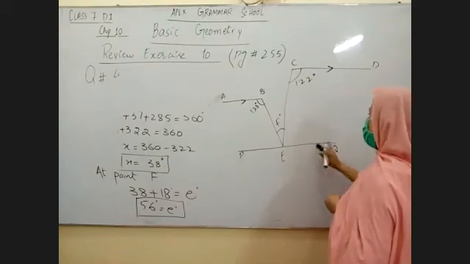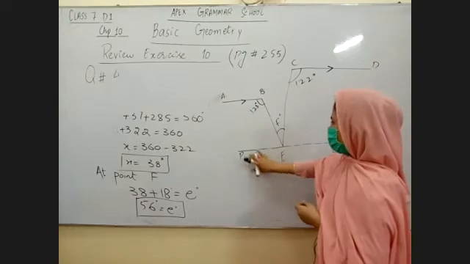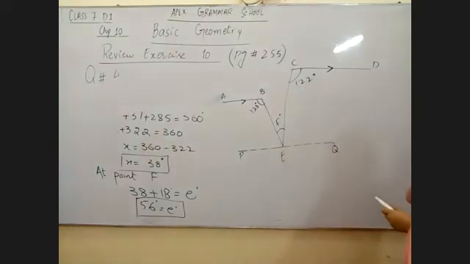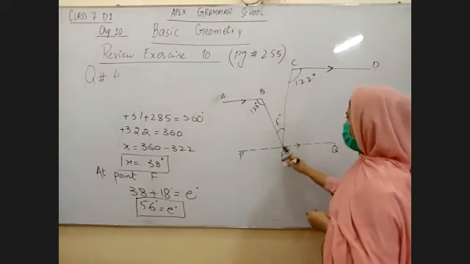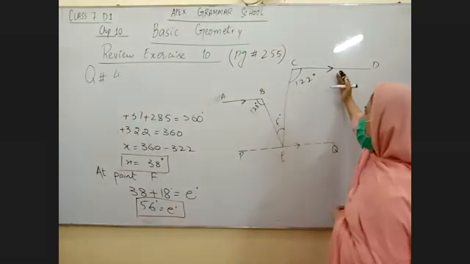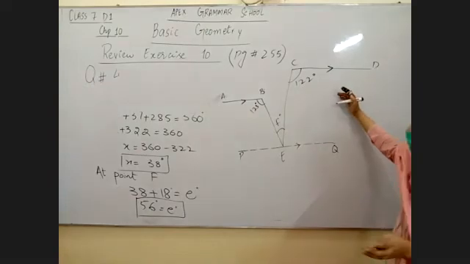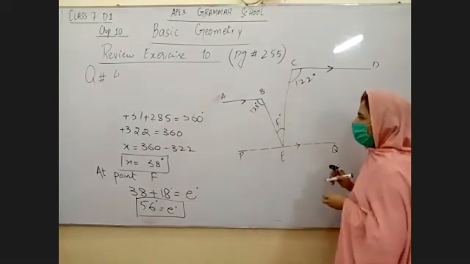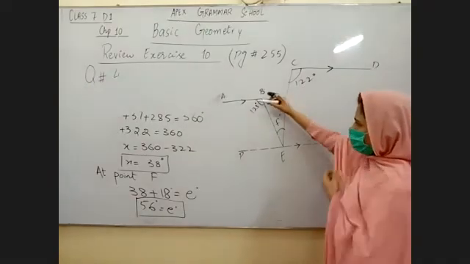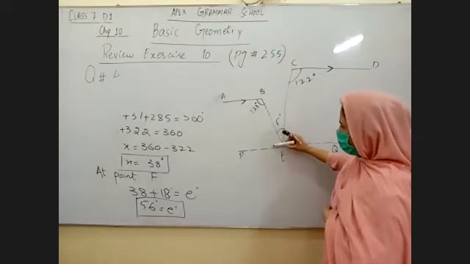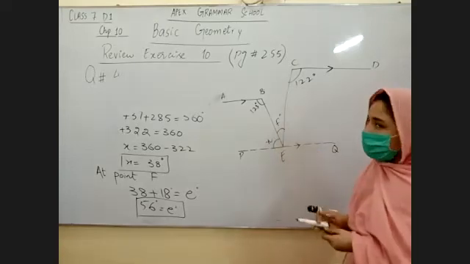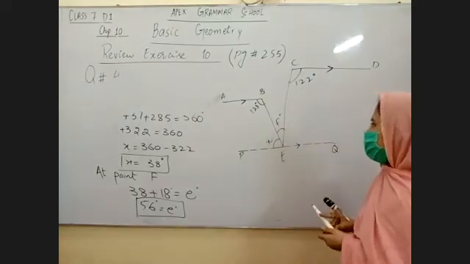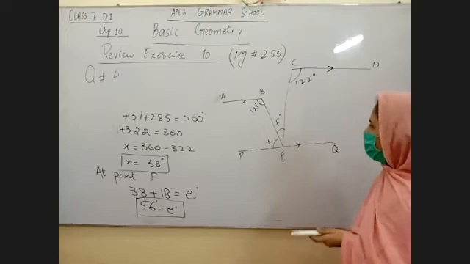When you draw a line yourself in a question, you have to make it a dotted line. So I have drawn a dotted line PQ in such a way that PQ is parallel to AB and parallel to CD. Now there are three parallel lines: AB, CD, and PQ. Now you can see if these two lines are parallel, then these angles, 123 and this one, I'm going to name it as X. You can use the initial of your names, anything you can use for this, your choice.